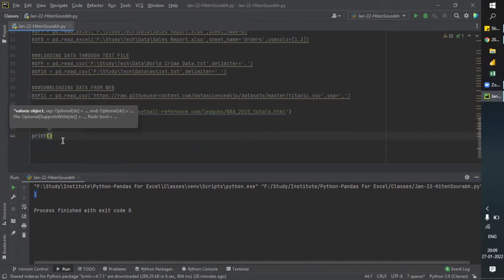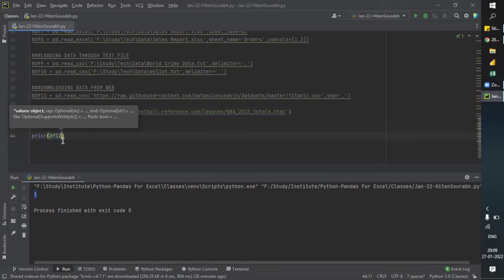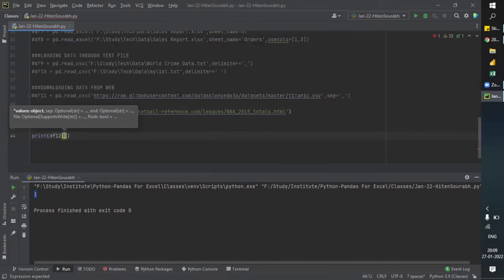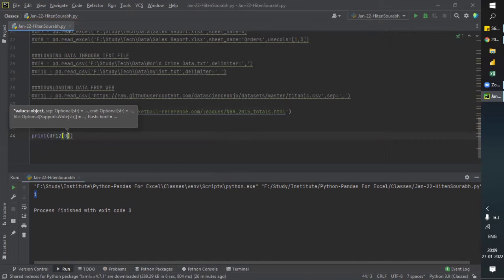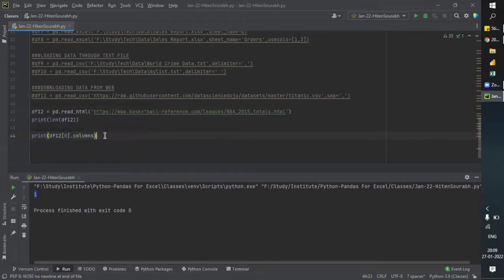Okay, so what we'll do, we will start from df dot data frame, whichever data frame we have, data from 12, from table number 0. Okay, this is my 0. You can just print like this, it will print the table number 0, or you can apply the column syntax to get the column header as well.